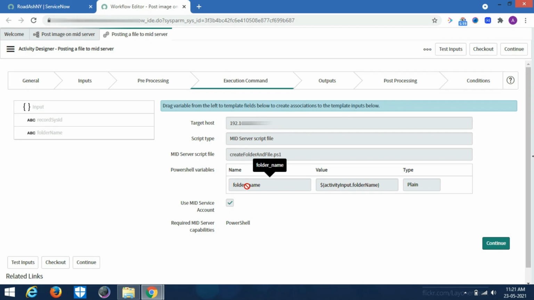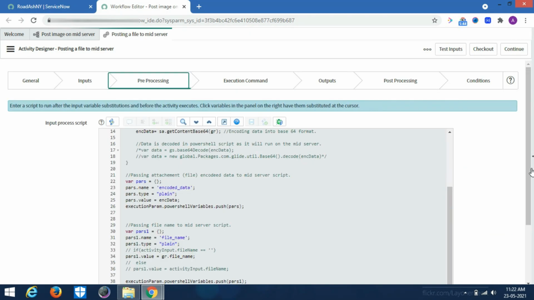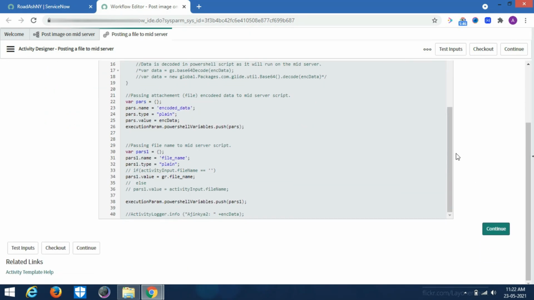And as I discussed earlier, I'll also be sending another variable, folder name. So in all, I am passing three variables to our PowerShell script. First is the folder underscore name, which would be the name of the folder in which our file will be residing in the mid server, which is nothing but the -ny records number field. Second would be the file name, that is the name of the file which will be set for the attachment.